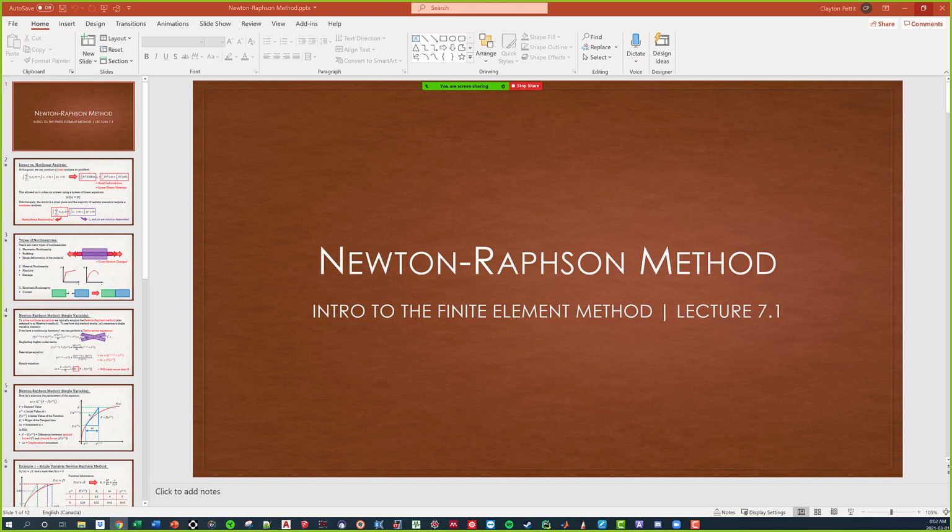Now, of course, real life is not really a linear analysis. We have something called a nonlinear analysis, which is the complete opposite, and this makes our lives a little bit harder. So from this point on, we're going to be focusing on nonlinear analysis, and since the math gets quite complex, we're going to focus more on the implementation of nonlinear analysis into a program like ABAQUS or ANSYS, rather than focusing on the theory. The theory gets quite complex, and it would actually take quite a while to teach, which is kind of a problem.